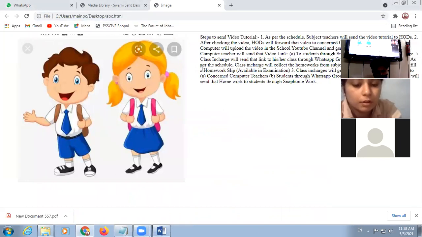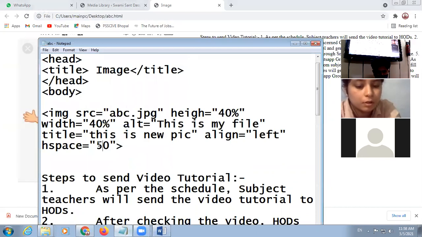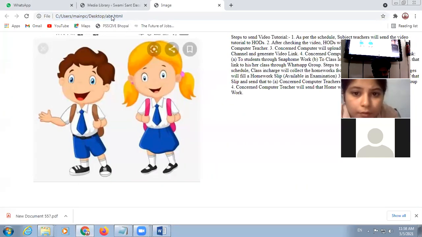Look at here, this extra space. It means the same space on the right hand side and the same space on the left hand side. This is called hspace.